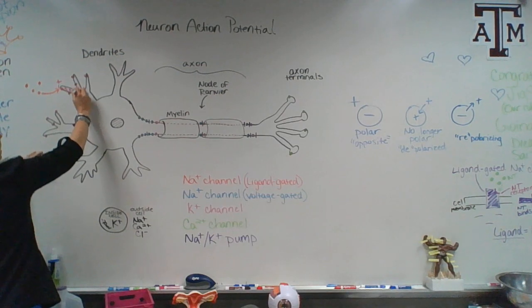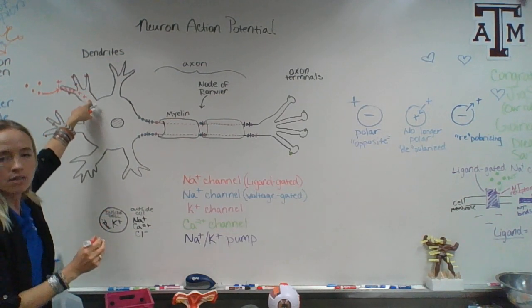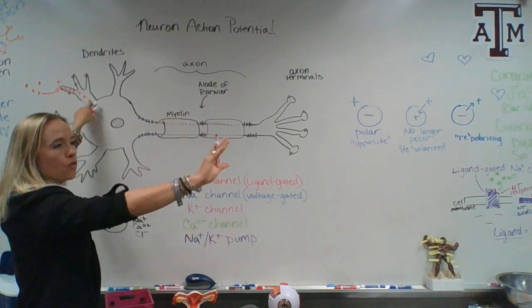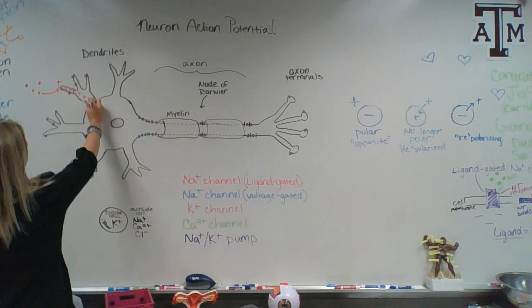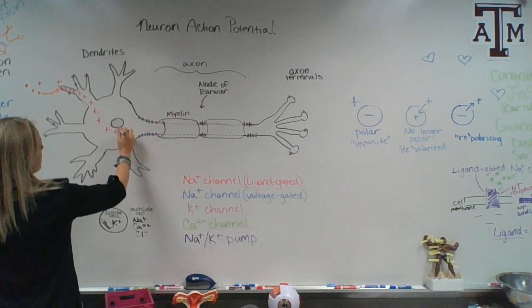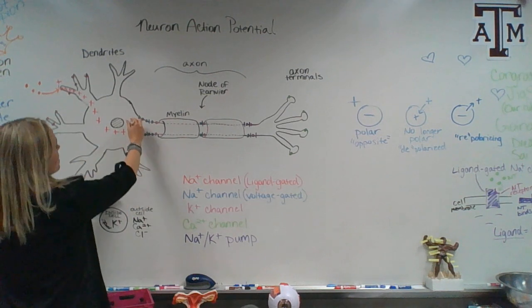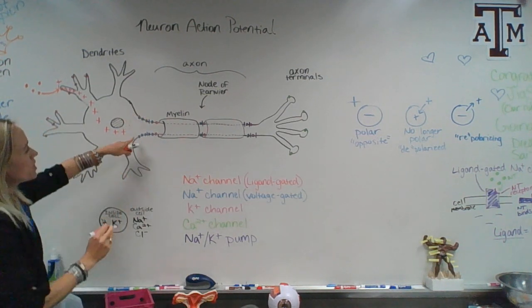As it comes in, it pushes all the other positive charges forward because positive charges repel one another. So it repels it forward, and as this cell gets more positive,